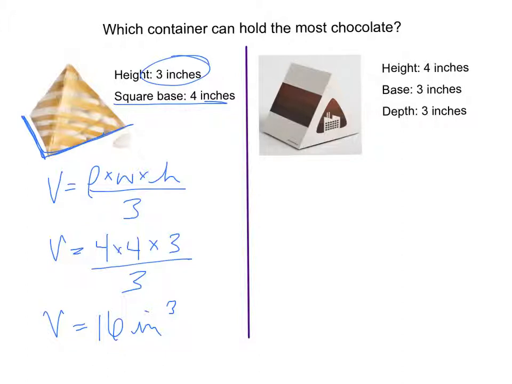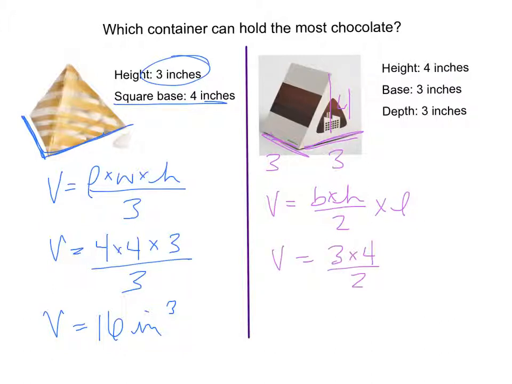For our triangular prism, we also are given our dimensions. Our height is 4, the base is 3, and our depth is 3. And our volume is base times height divided by 2 times our length. So volume is 3 times 4 divided by 2 times 3. 3 times 4 is 12, divided by 2 is 6. 6 times 3, we end up with a volume of 18